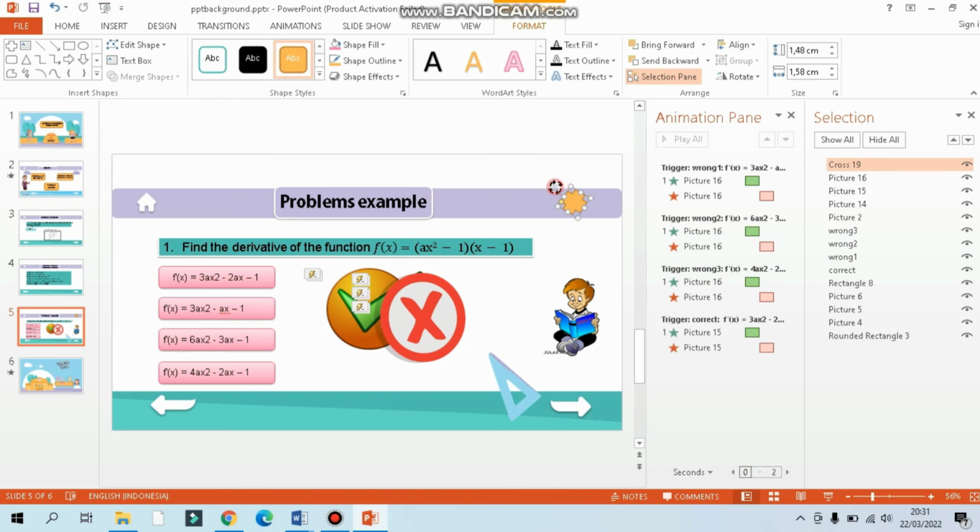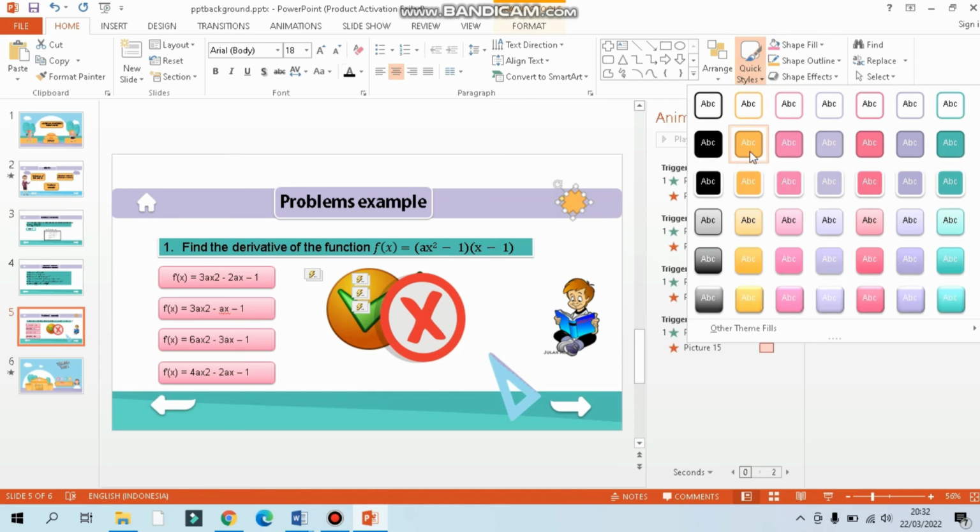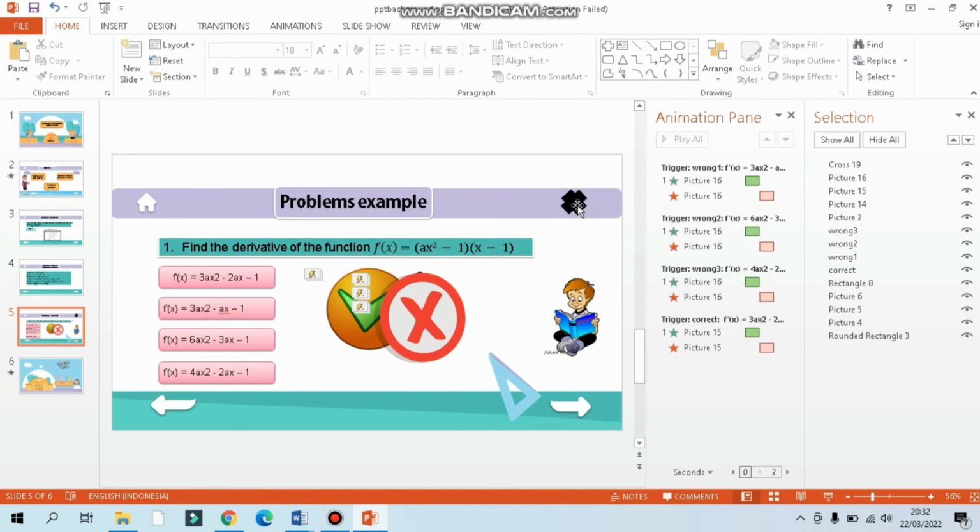If I click this icon, the slide will end. So we can click it.